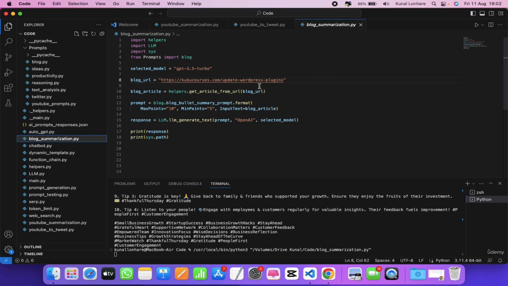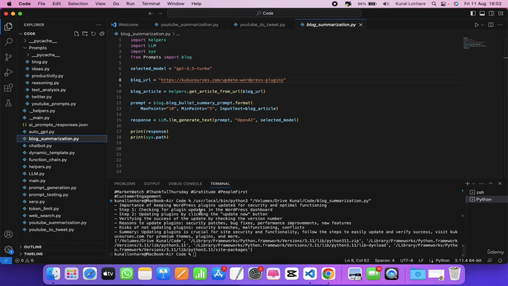Okay, so now it is going to take a few seconds, and within a few seconds it is going to summarize this particular blog URL into points. So it is going to save lots of your time in the research world. You can see it has just created the points. You can see it's extremely powerful. You can even build some tools with Python and LLM models like ChatGPT. It's very powerful, and you can do a lot of things.